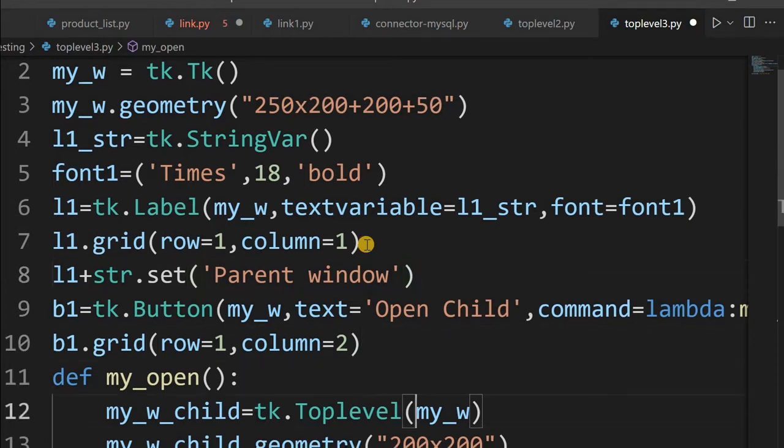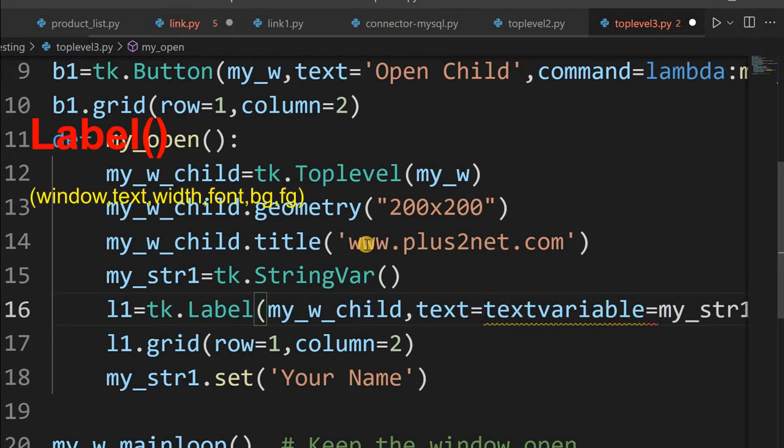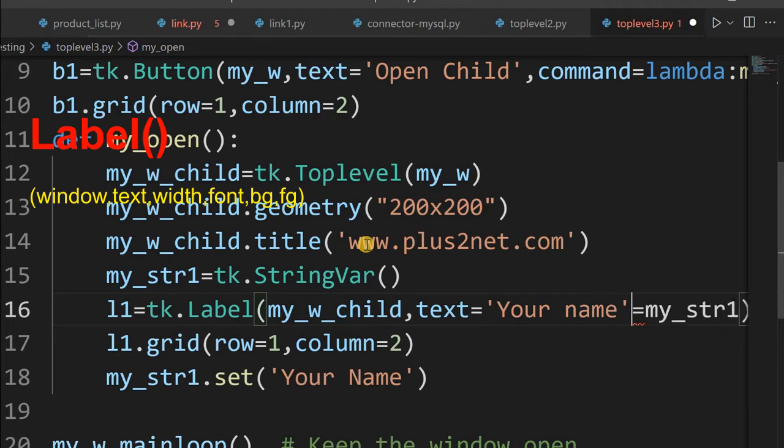Now let's come to the child window. On the button click, this child window is opening. In the child window we have a label, we can directly say text equal to your name, or anything you can enter. Now this label will be displayed.